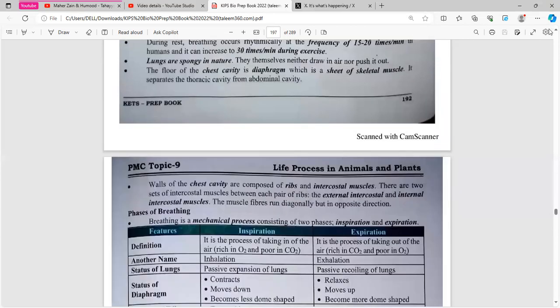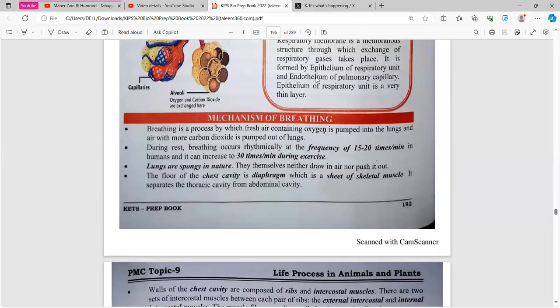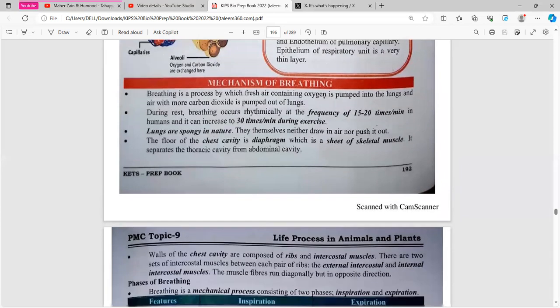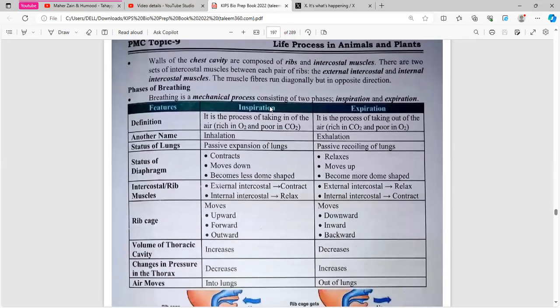Now, if we talk about how breathing occurs, we need to know that breathing is an involuntary action. A normal human being breathes about 15 to 20 times per minute, which can be increased in cases of exercise. Now, if we talk about the differences between inspiration and expiration, I already told you what changes occur in inspiration and expiration in the previous video, along with important mnemonics which will help you to memorize. The difference between the two is that you should know